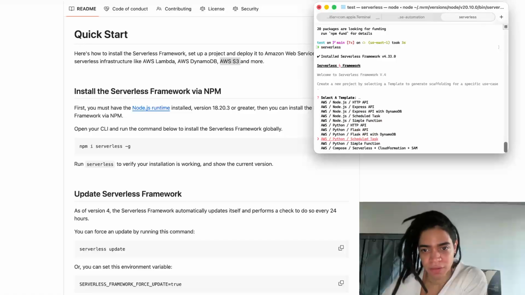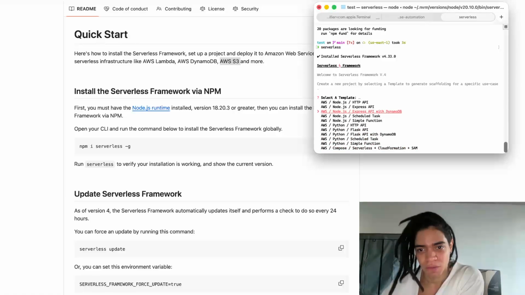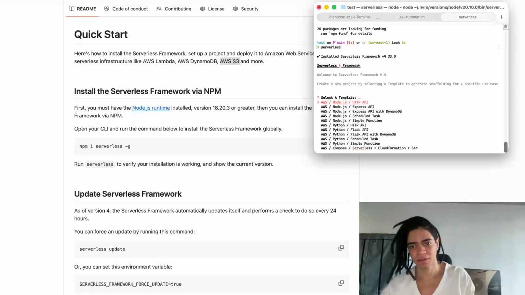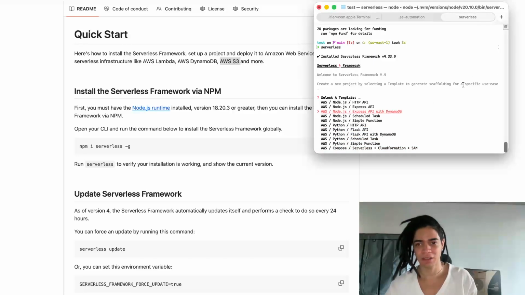What if this is not what I want? You know what I mean? What if I want something else? Right? So what if I want to go with something else? Right? Compose serverless plus CloudFormation plus SAM. That's interesting. So let's go with